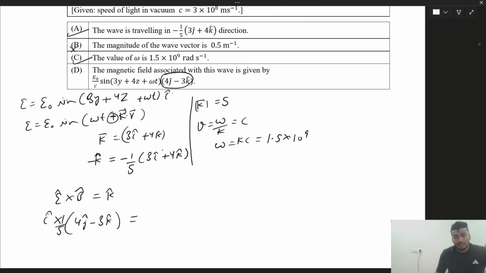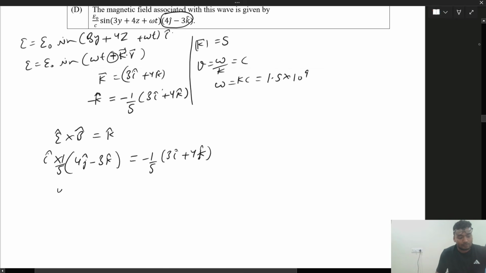And this k vector, where is that propagation? So it is minus 1 by 5, 3 i cap plus 4 k cap. LHS, if you see, it will be 4 by 5 i cross j, that is k cap. Then i cross k will be minus j, so plus 3 by 5 j cap. And that is not matching. It is basically not equal to this because you have negative on this side, right? Okay, so option number D is also wrong,